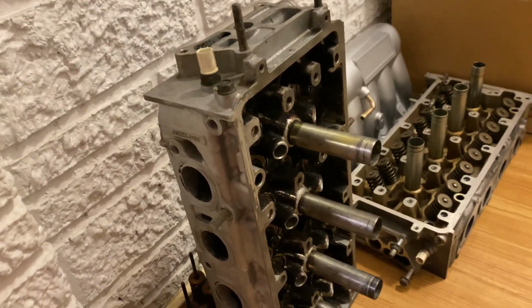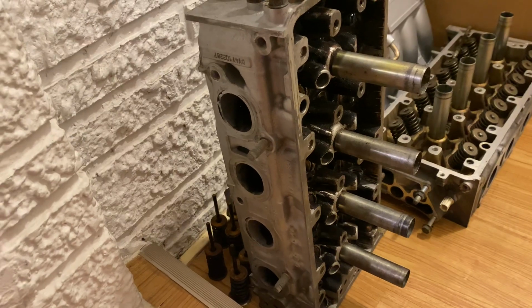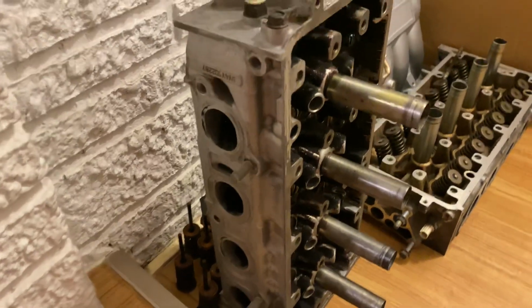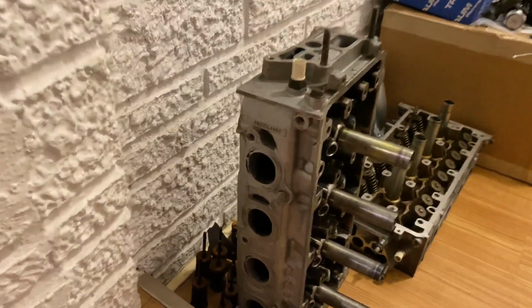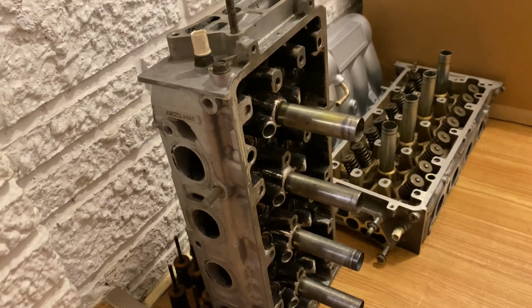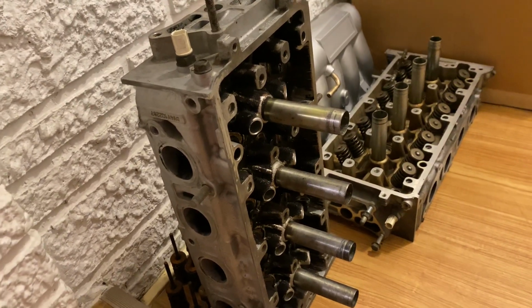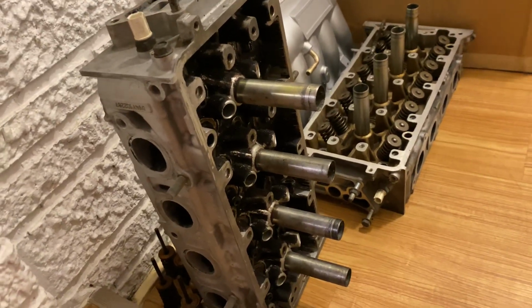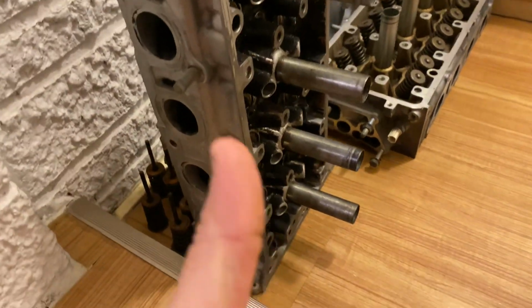So here's the thing: what helps with shipping, because the majority of the people who buy from me don't buy locally. I don't really advertise locally. I don't want to deal with the hassle. But anyway, if I bundle everything together and put everything in one box, I'm paying that shipping rate, which is better than multiple packages, right? So if you want to get accessories off me, or even if you're not buying a short block, if you want to buy accessories because you got your block or whatever the reason, I'm willing to offer you guys